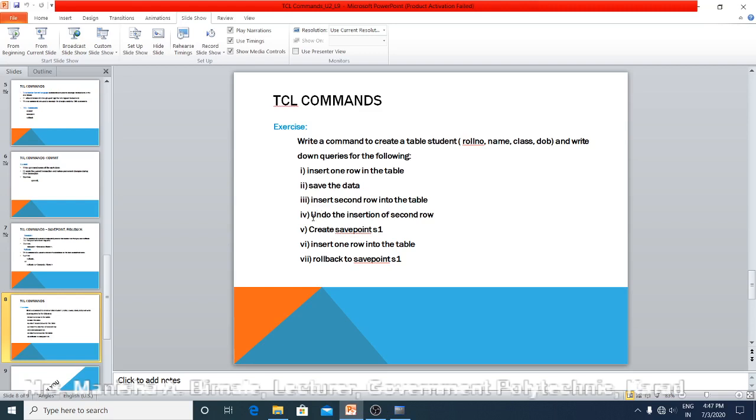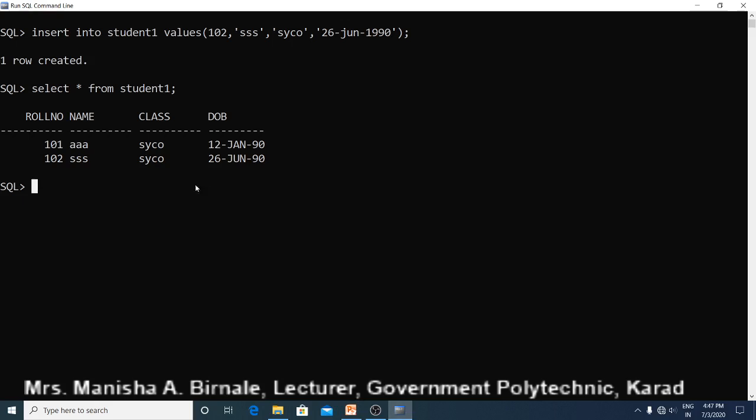After that, the fourth step is to undo the insertion of the second row. So how to undo the insertion of the second row? After inserting one record, we have saved that data using the commit command. So the last committed state was the table containing only one record. After that we have inserted this second row.